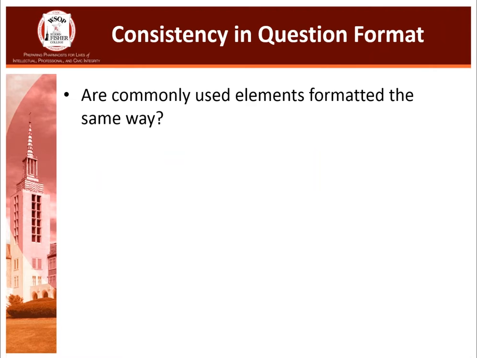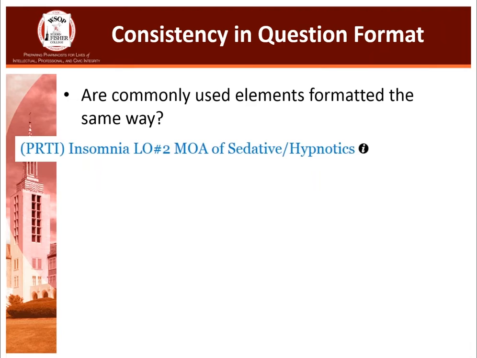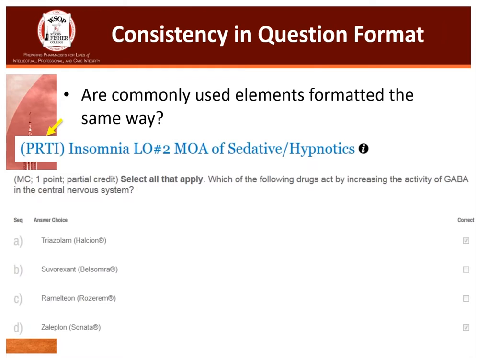Another question to consider is, are the commonly used elements formatted the same way? Jen mentioned this, our use of PRTI. If the student gets their exam report back and one class uses peer-reviewed, one class uses peer-reviewed test item, and one uses PRTI, that can be confusing for them. So we use the same exact nomenclature for all the questions. A couple other things